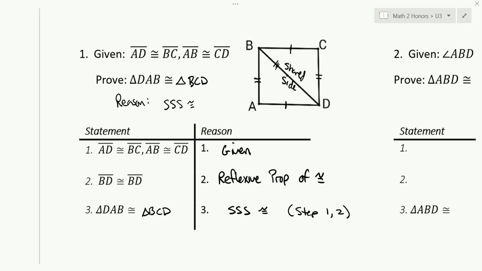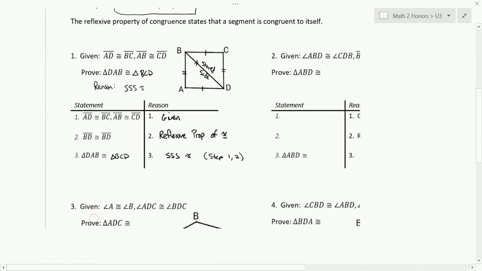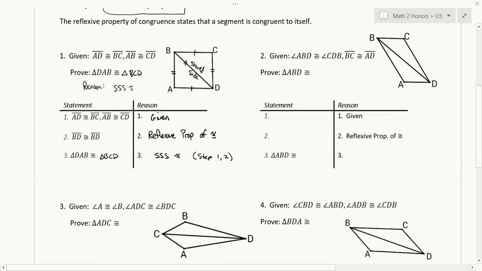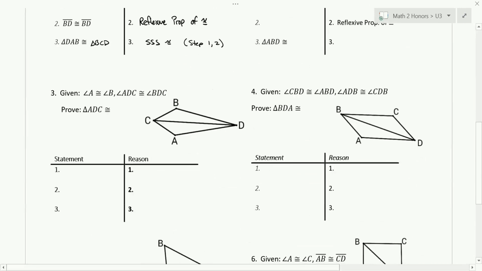And so that's kind of a baby proof because there's only 3 steps. We will work up to like 15 to 20 step proofs, but we're not there yet. So we need to start with the baby proofs just to get the comfort of this stuff. Okay. I'm going to leave 2 for you because it's kind of structured and you have some fill-ins there. And let's take a look